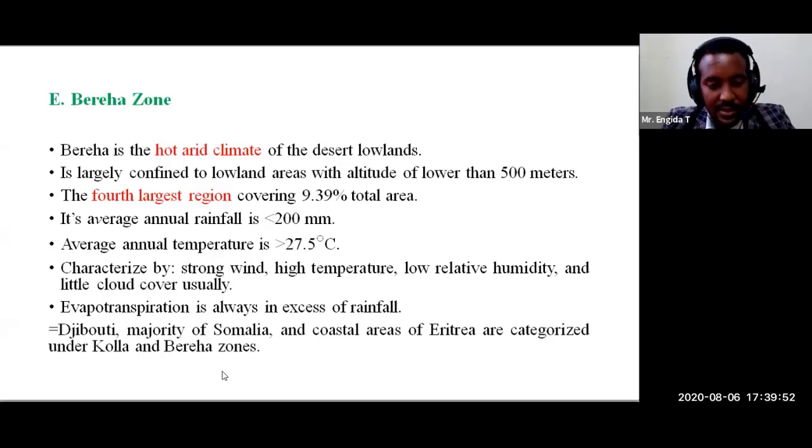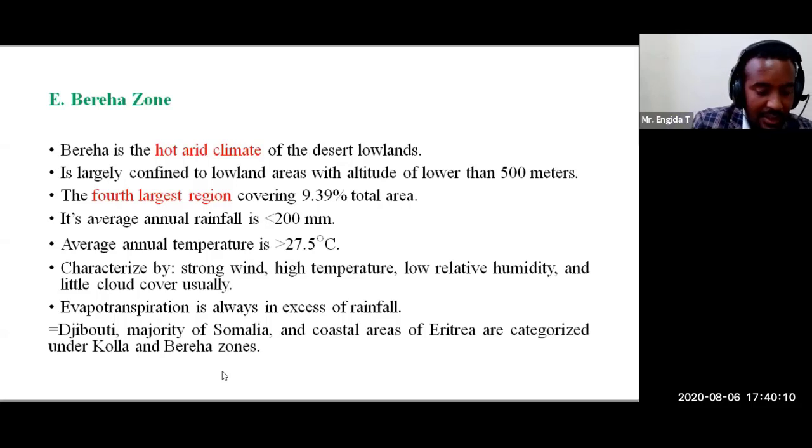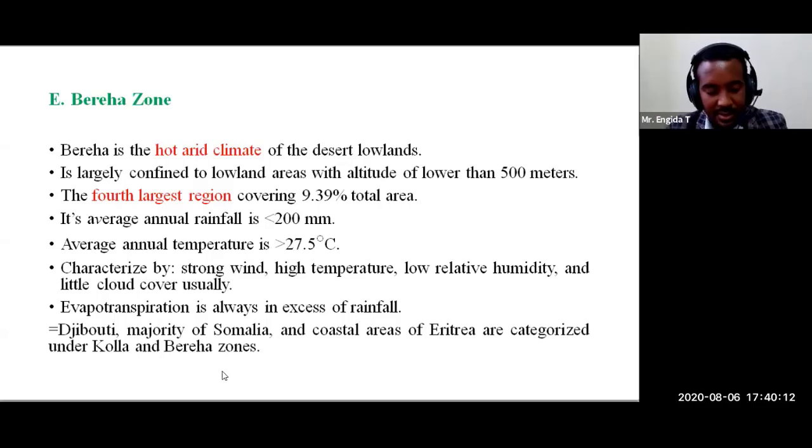Okay, any place receiving more than 27 and even more than 30 degrees centigrade is grouped under Baraha, which has the characteristics of Baraha, okay? Because that region receives a very high amount of temperature and